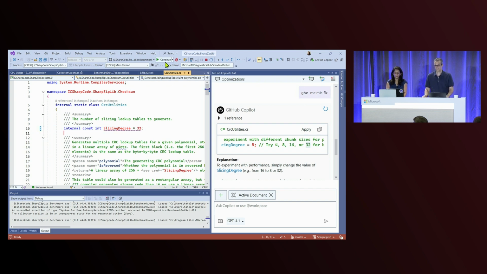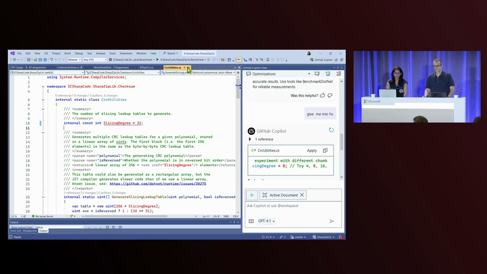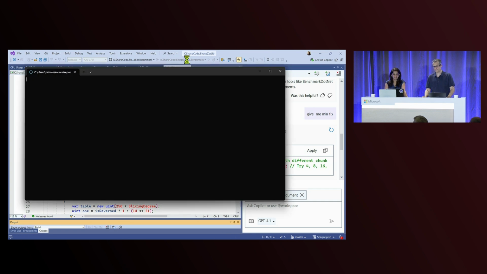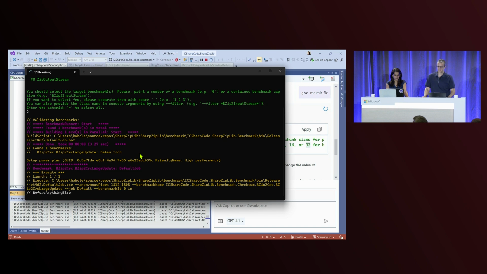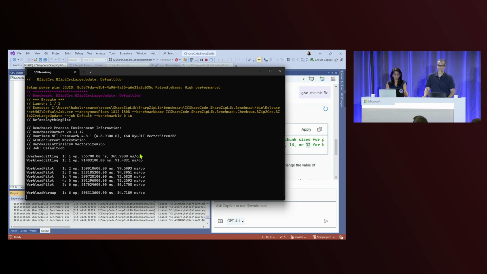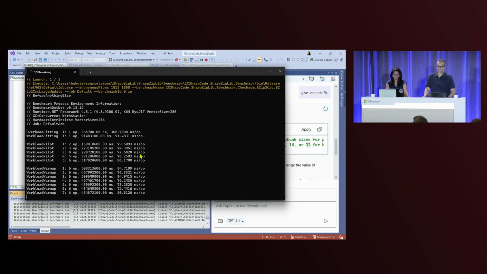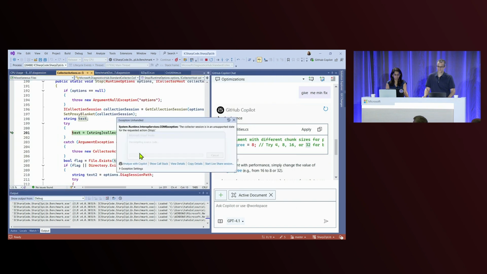And with that, I'm going to rerun my benchmark to see if it runs, first of all, and if it runs, whether the mean time decreases or not. OK, it's working, so hopefully it will go through. No, it doesn't want to work today. But I have tried this demo multiple times, and with the change of that value, I was able to see that the mean value actually goes under 100.